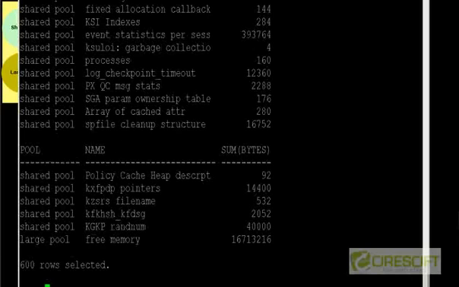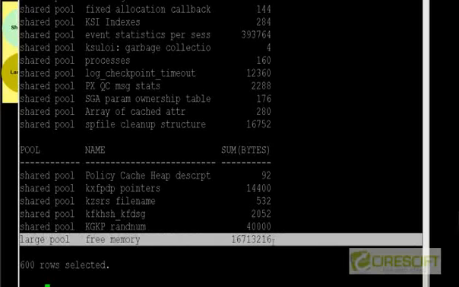Okay, so if you see, for example, shared pool, this is how, for example, large pool is just only one chunk of memory that is going to consume this much. Okay, so let's edit this so that we can write something better. Select pool. So we just want to get this by pool name. We don't want to give a name, so that